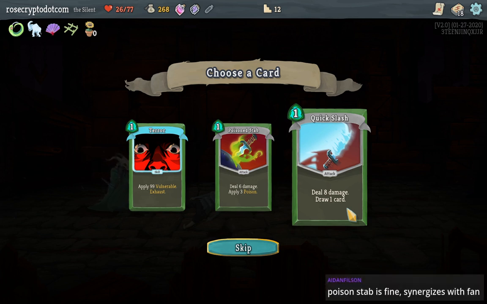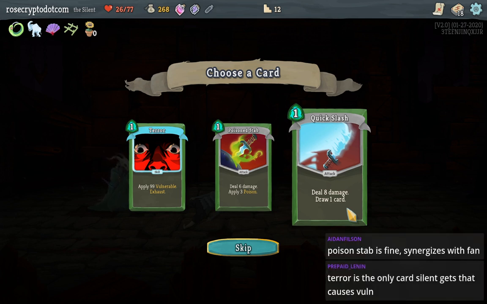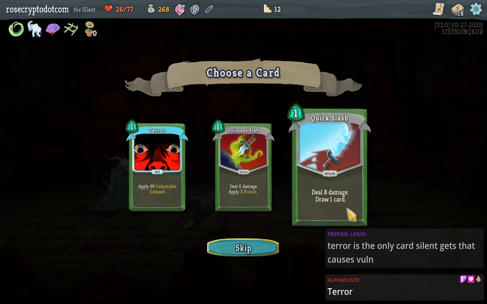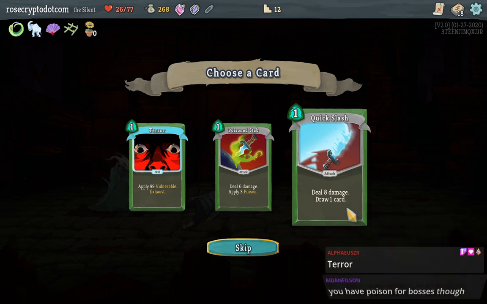Poison Stab is fine. Synergizes with Fan. I was thinking the same thing, although Quick Slash synergizes with Fan as well. Terror is the only card Silent gets that causes Vulnerable. Terror seems like the right move versus a boss, you know? Although Quick Slash, I have to admit, if I can get some more energy, Quick Slash could be really incredible later on. Especially since, like I was saying, it works with